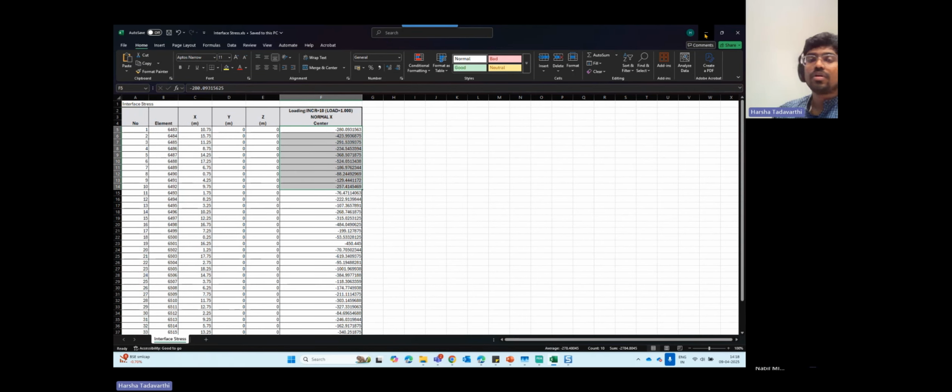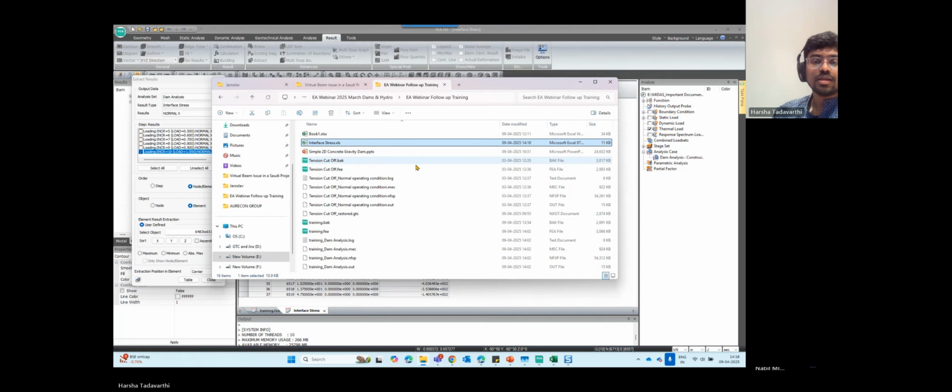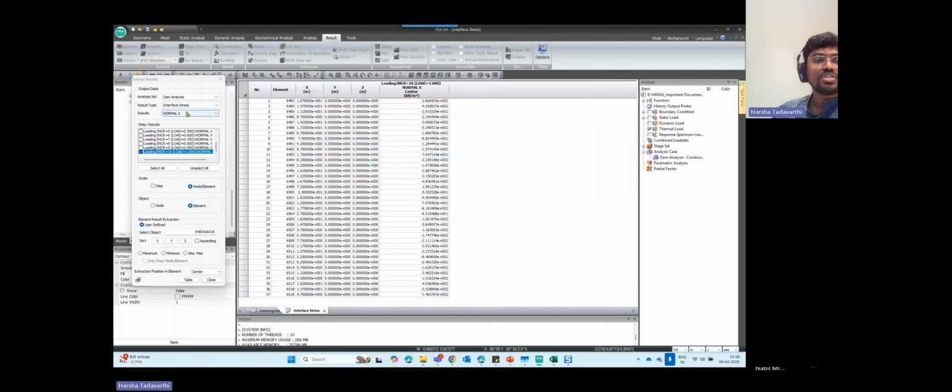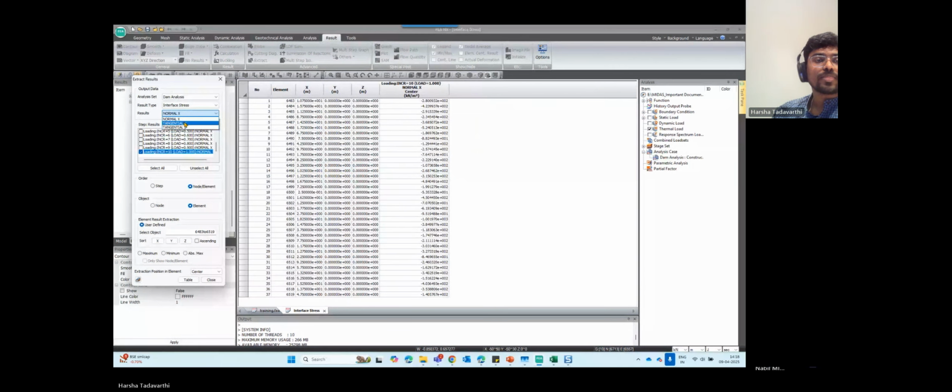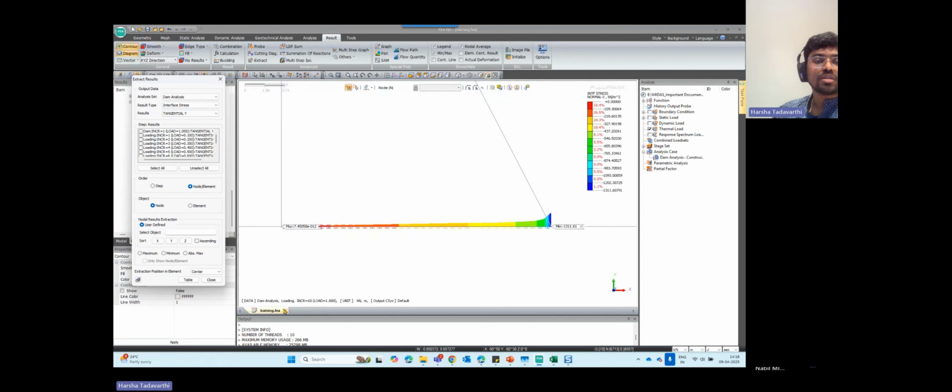Similarly, we will go for the sliding stresses, which is tangential Y. So I will go to this training FEA. You can close this interface stress. Let's go to the training FEA. That means the model where I have selected. And I'm selecting the